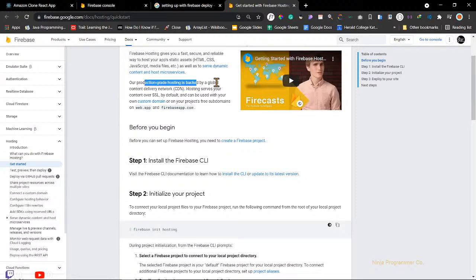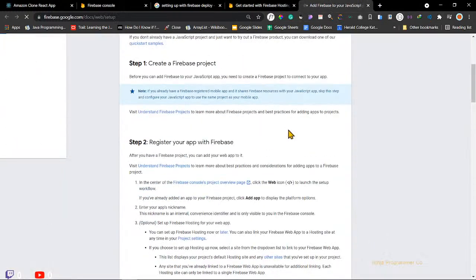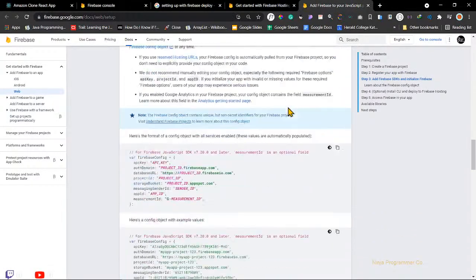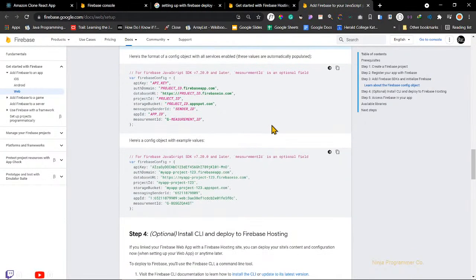Our production-grade hosting is backed by a global content delivery network, CDN. Hosting serves your content over SSL by default and can be used with your custom domain or on your project's free subdomain on web.app or firebase.app. So before you begin, you can set up the Firebase hosting. You can read this documentation and set up the Firebase hosting. This is very good documentation